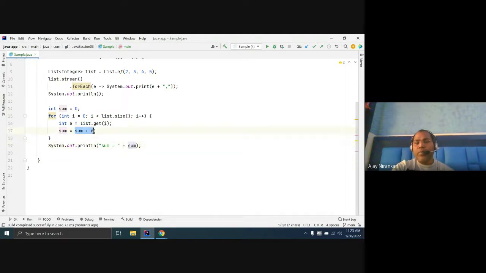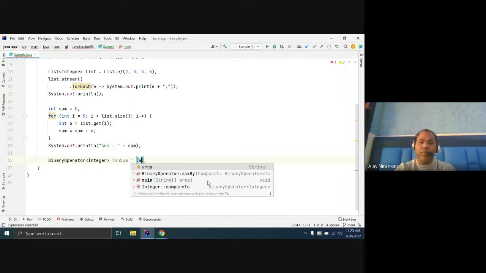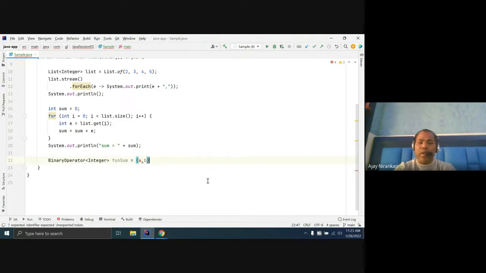If this is a BinaryOperator of Integer, let's say a function sum, it will take two inputs, a comma b, and just return a plus b.